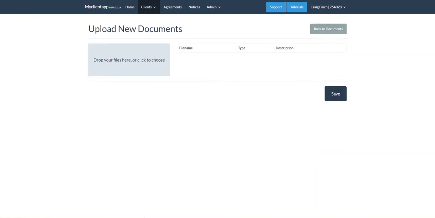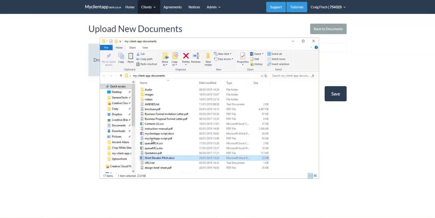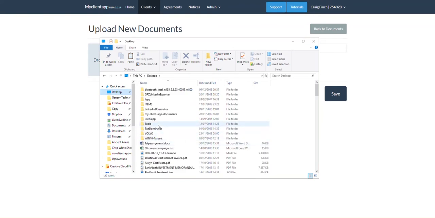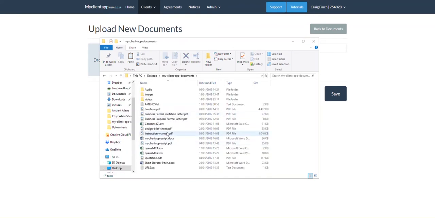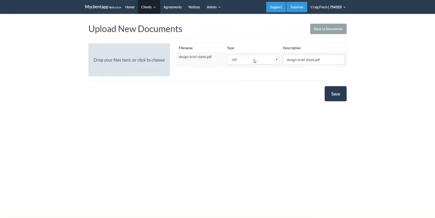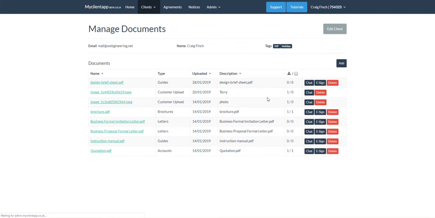And what I'll do is I shall select documents. And we've got one called Design Brief, which we'll just drag in, and it's a guide, and save that. That's now been uploaded. We can see it there at the top. What I want to do now is get that signed, so I'm going to go to e-sign,